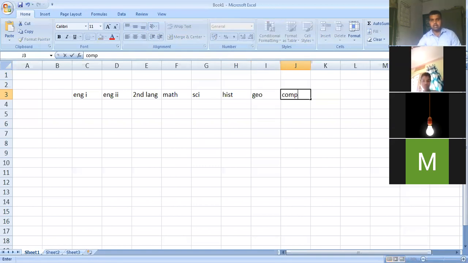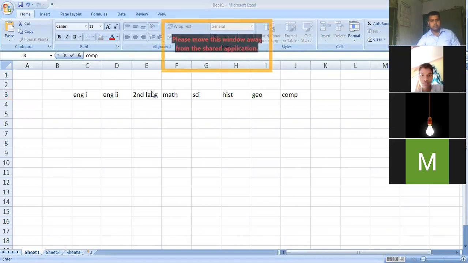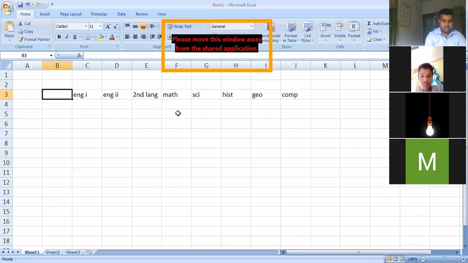As you can see, these are the cells which are available. These I have named so that you can understand the name of your subjects, and out here I am giving the name of the students.